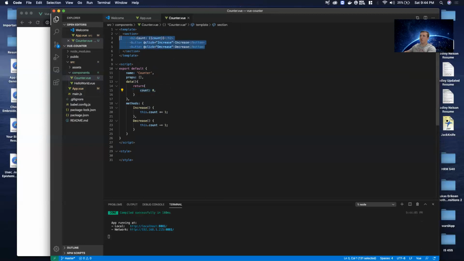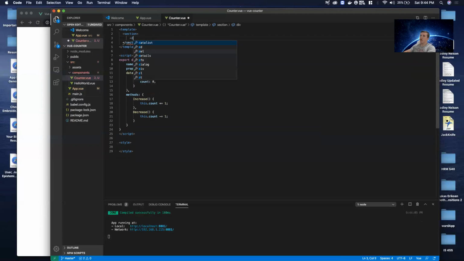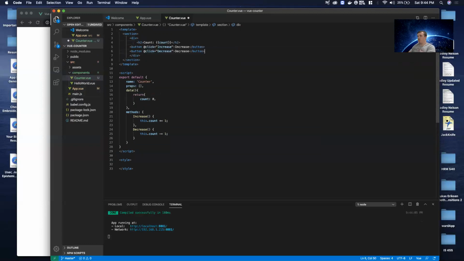I do want to show you real quickly one other thing. It's not necessarily part of, obviously, a counter, but just to highlight one other thing that I really like about Vue, and that is its